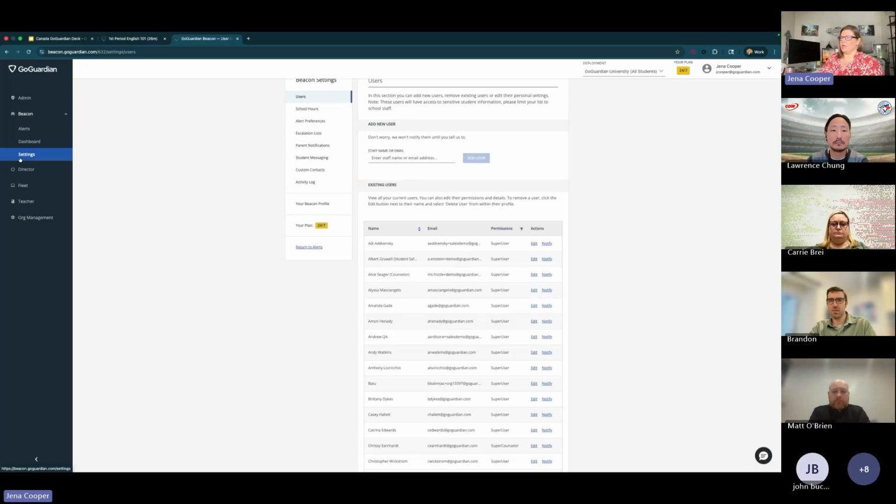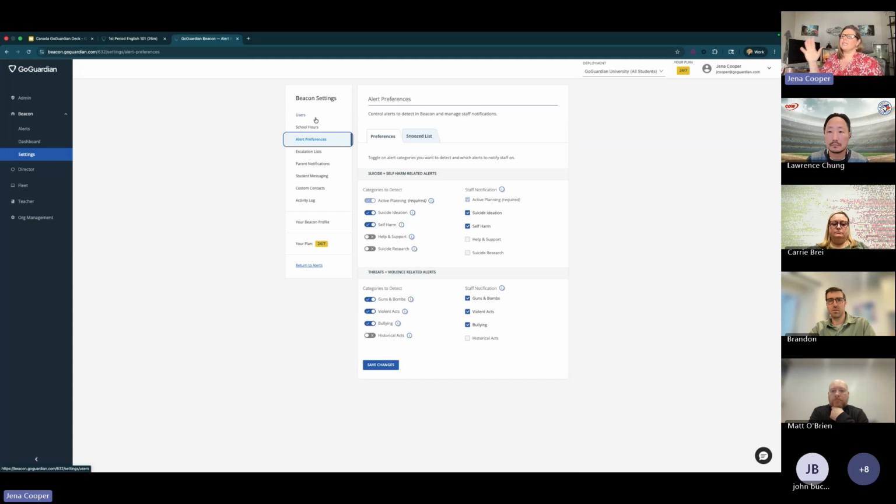The last thing I want to touch on here in the last minute we have is the settings, that we allow you to completely customize these settings. We do not want you to get what's called alert fatigue, where you just get exhausted from getting too many alerts. So we work with every school to customize what is going to be your sweet spot to catch students as early in the process as possible without getting completely overwhelmed by the alerts that are coming in to see you. And this is about a 4 to 6 week adjustment pilot period where we can really dial in what works for your school and even for each building.